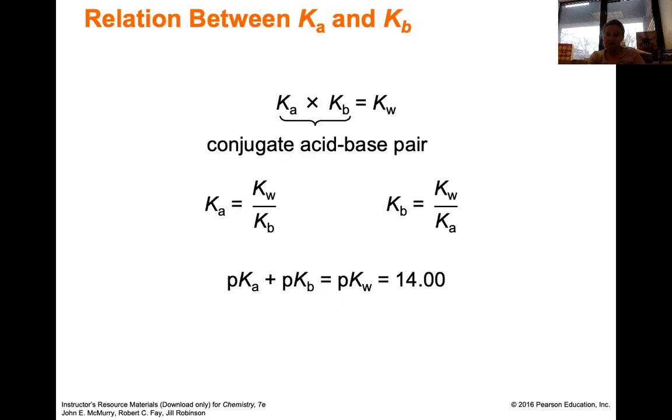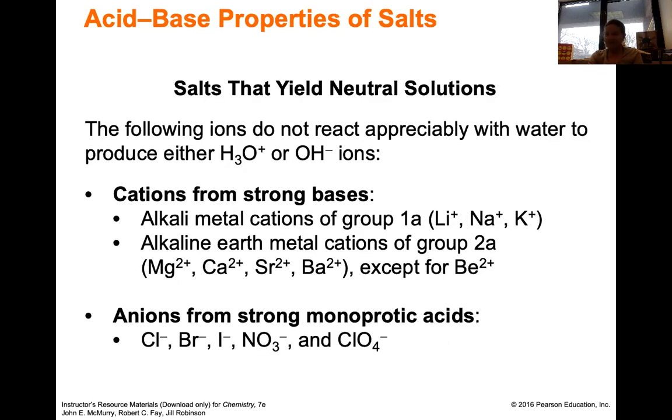So this is just emphasizing that Ka times Kb equals Kw has to be for the conjugate acid-base pair. So if you have one or the other, you can solve for the one you're interested in. This also just shows you that you can take the pKa plus the pKb to get pKw. I'm not sure, that might be useful sometimes. I've never used that last equation. Okay, so